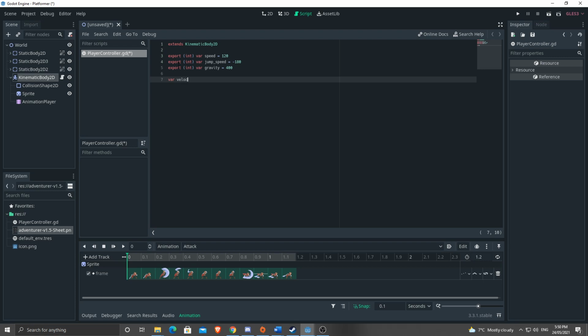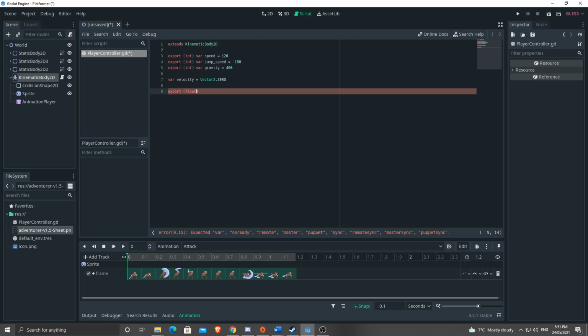Now I've just got var velocity equals Vector2.ZERO. Now I did base some of this code on Heartbeast's 1-bit pixel platformer, but it's so far from what that was that it's not really. There's just a few lines of code in here now that are similar to his, if you notice. So I'm going to export float. I don't think I actually use friction or acceleration. Oh no, I do. I think this bit here is from his pixel platformer, just this movement code. Friction equals 0.1,